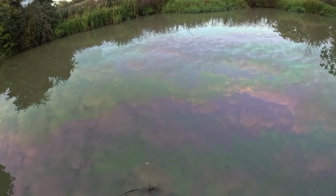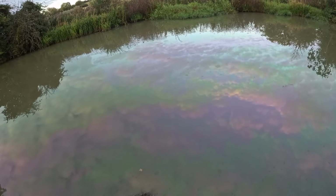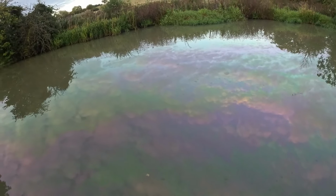Well, since I've been moored up, an oil slick has started drifting down past me, and I can see it as far as the eye can see that way, and as far as the eye can see that way. So that's not very good, is it? I can't do much about it. There's nothing to do with me. As I say, it came drifting down from that direction, which is quite odd really, because coming from that direction makes it a bit weird, because